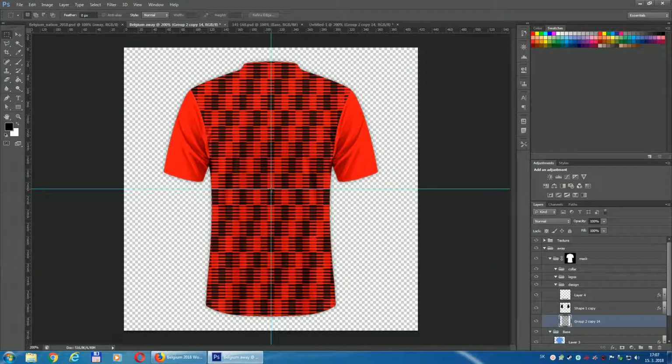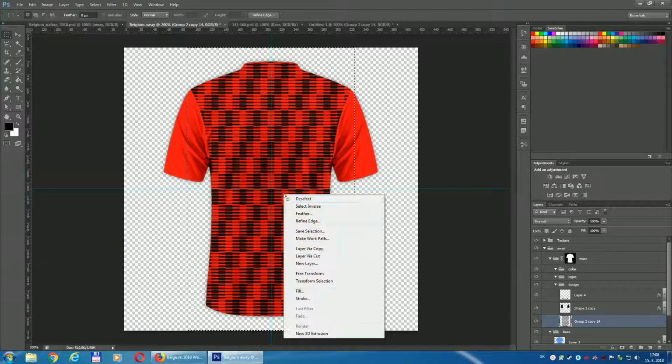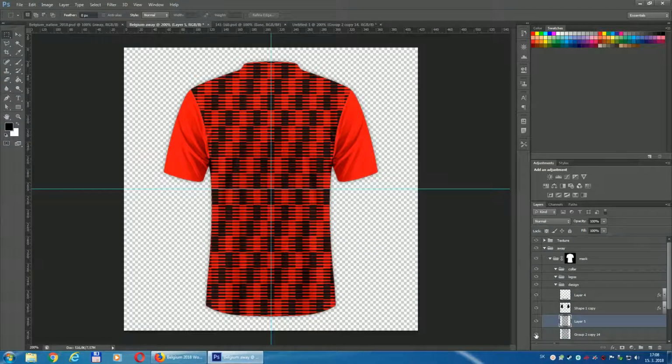As you made this selection, I do it again. I do the selection from the center with Alt, 240 pixels wide, 420 pixels high. Now right mouse button, layer via copy. I turn the previous layer off, and now I have a centered pattern which I can transform